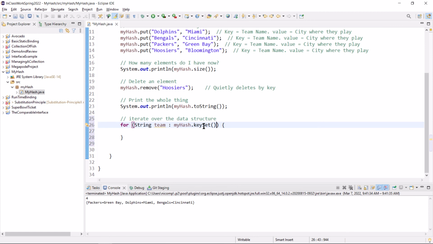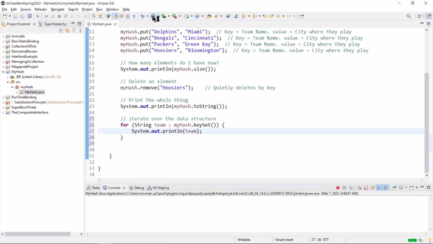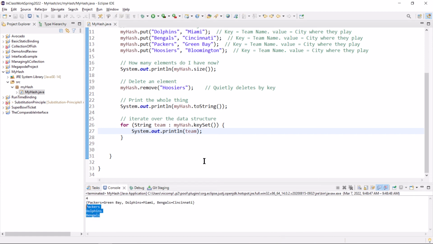That's going to give us something we can iterate over. And then inside here we'll just do a print. System.out.println team. And there are the 3 remaining values.